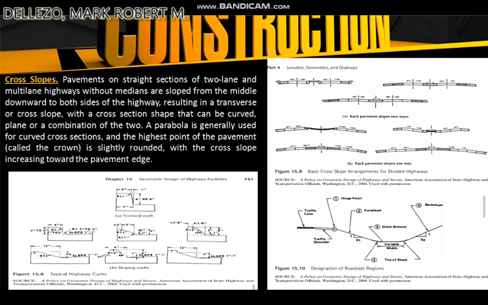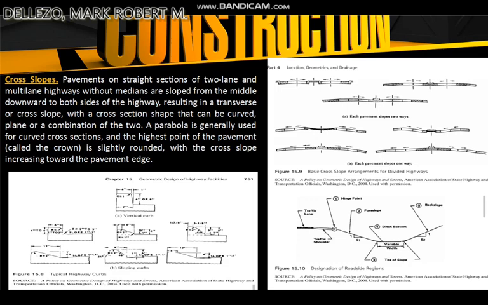So we go to the cross slope. Pavement on straight sections of 2-lane and multiple lane highways without median are sloped from the middle downward to both sides of the highway, resulting in a transverse or cross slope with a cross-section shape that can be curved, plane, or a combination of